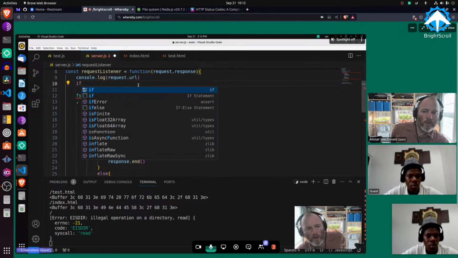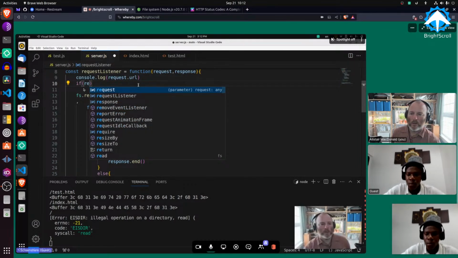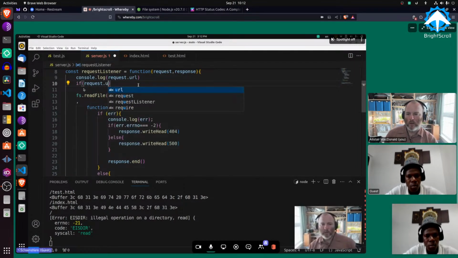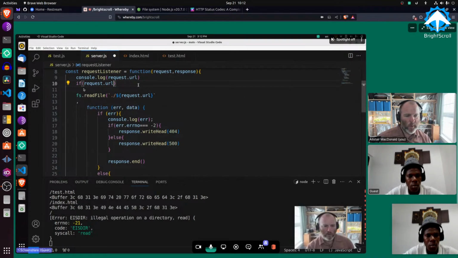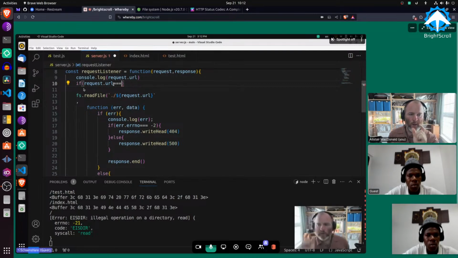Open parens, request.url, triple equals, so equals symbols, and that means it's the same value and it's the same type, which in this case should be a string, and now quote and then forward slash,